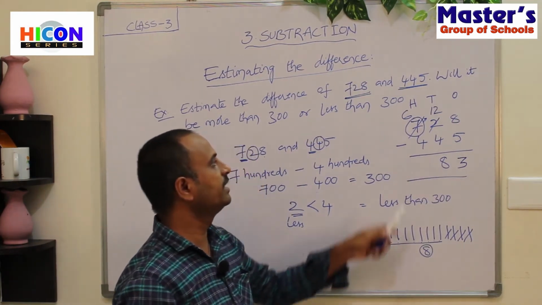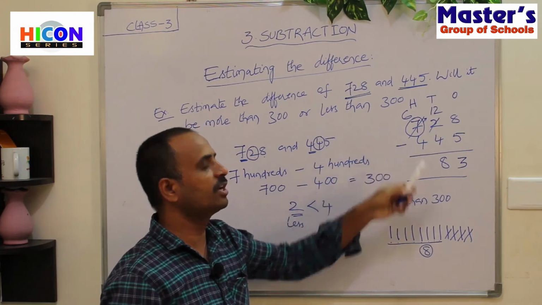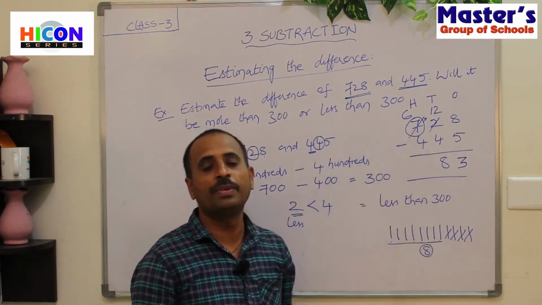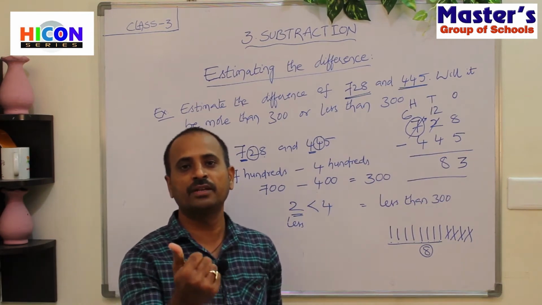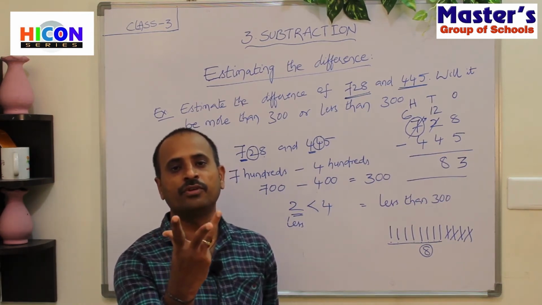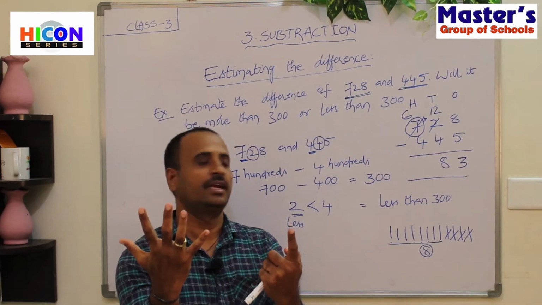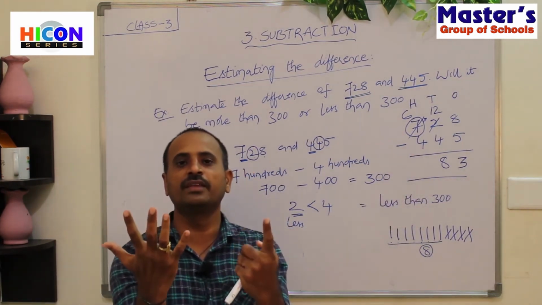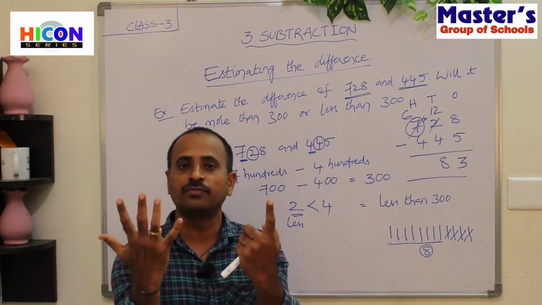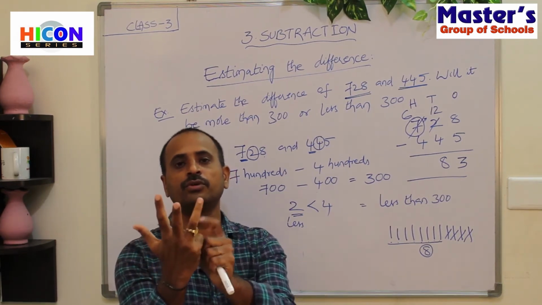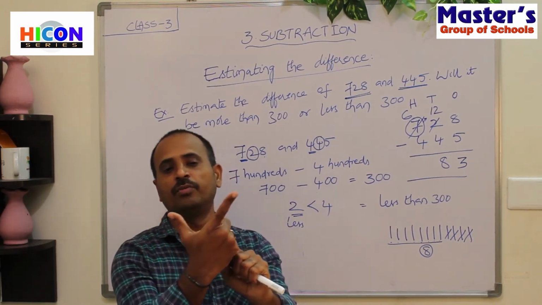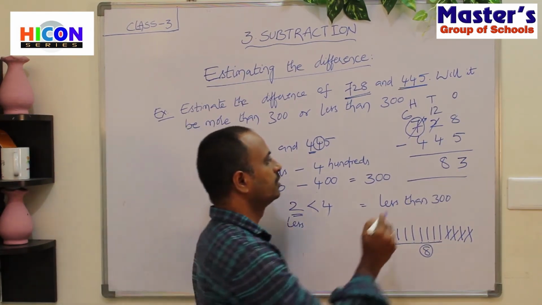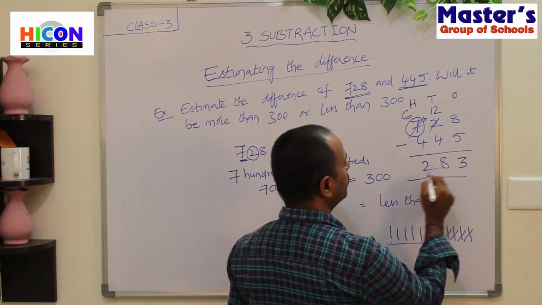What are the digits in hundreds place? 6 and 4 are present in hundreds place. So what is the first number here? 6. Open 6 fingers of your hand. 1, 2, 3, 4, 5, 6. And what is the second number? 4. So close 4 fingers among these 6 fingers. 1, 2, 3, 4. Children, how many fingers are remaining? There are 1, 2. So 2 fingers are remaining. So the answer is